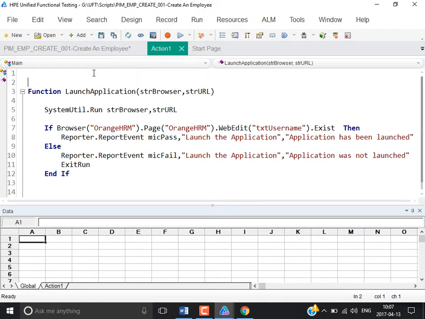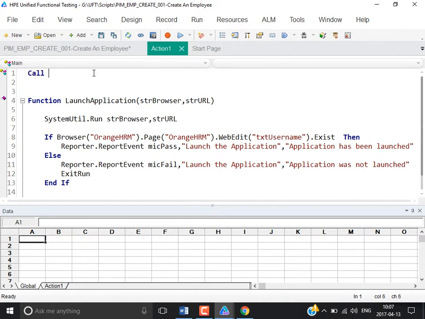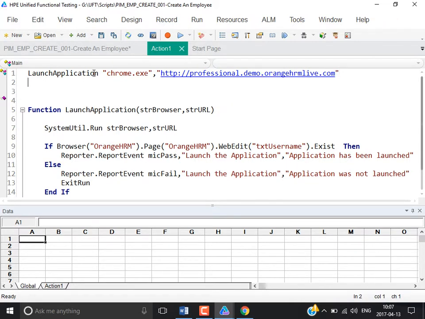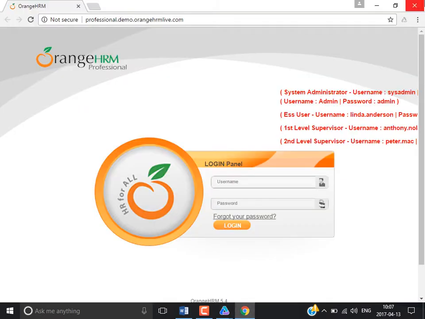Now whenever you are calling a function, you say Call, or you say LaunchApplication, strBrowser, and you give the value. Still, you should not hard code this also, because here also it will keep changing. If you hard code it, every time you need to come here and change it, but we are going to parameterize this also. Orange HRM, like that. That's it. Now if you run this,